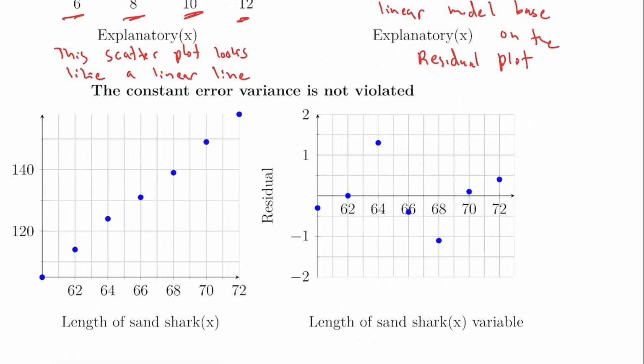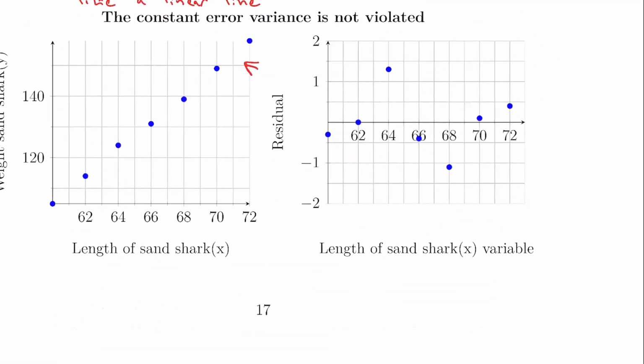All right. So for this one, the length of a sand shark. Looking at this graph, looking at that scatter plot, does that look like a linear line? Yeah, so we should say this does look like a linear line. So we'll say, based on the scatter plot,